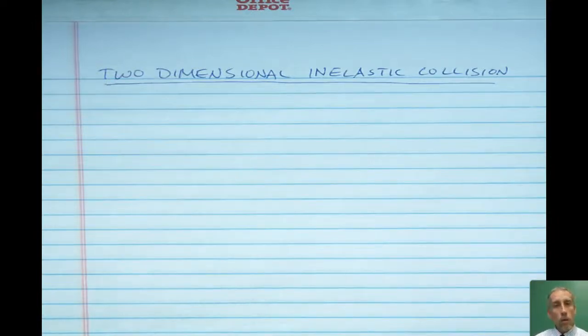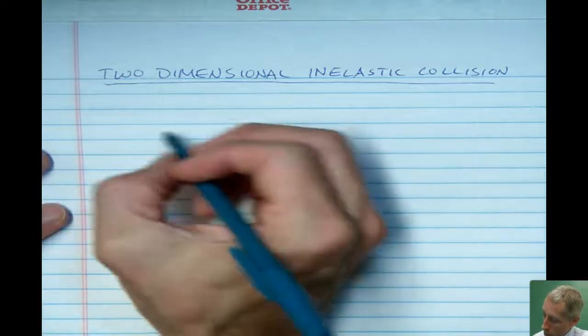So I'm going to show you how, although the principle of the conservation of momentum is the same, the problem-solving process looks a little bit different. So let's just draw an example out of what a two-dimensional collision might look like. And I'm going to focus on an inelastic collision in this video, and I'll do a different one for the elastic kind of collision. So suppose we've got a 4-kilogram object,